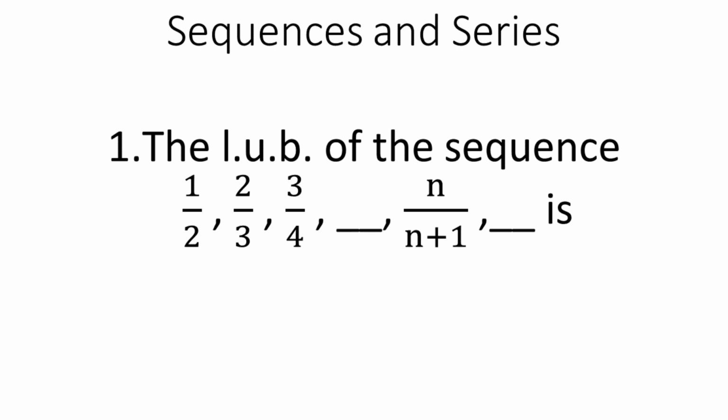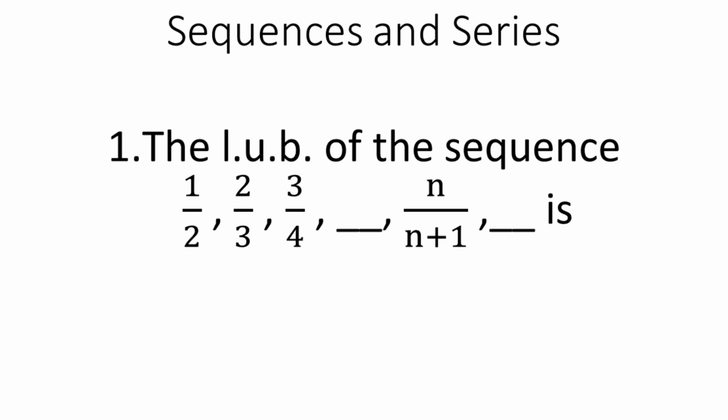Then if it is monotonic increasing, then the first term is the greatest lower bound. Okay, here they have given a monotonic decreasing sequence. So the first term 1 by 2 is the greatest lower bound, but they are asking the least upper bound